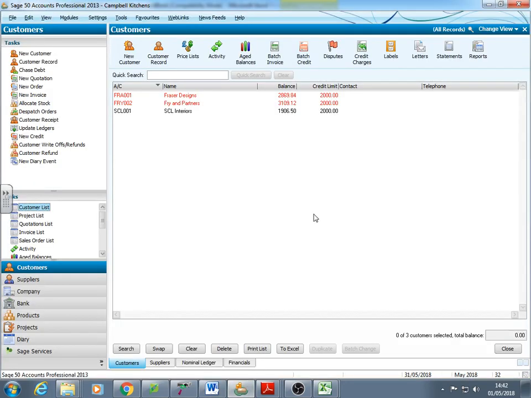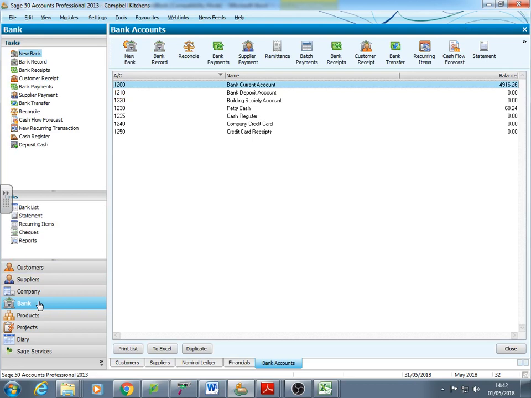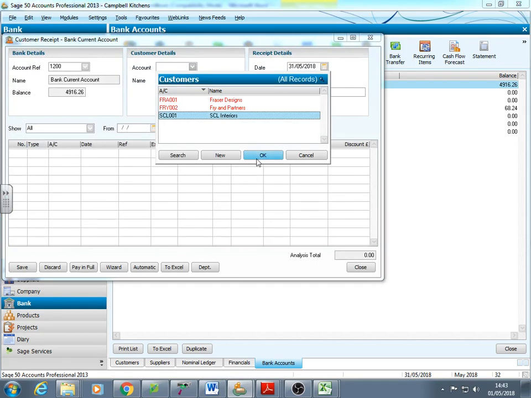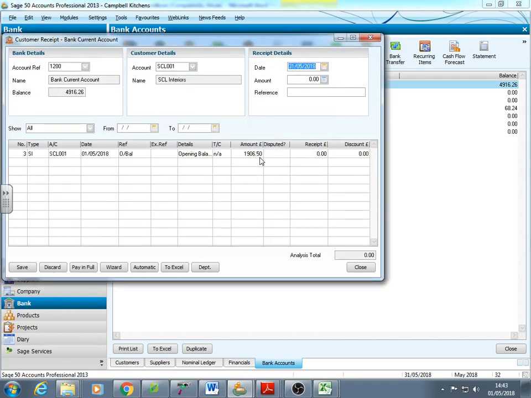We've got our customers. This is the bit that's changed most with the newer versions of Sage. If we go on the bank on this version, we have got a customer receipt. That means it's a customer with an account, and the customer that is paying us first was SCL Interiors. So it brings up all our outstanding invoices, and the date was the